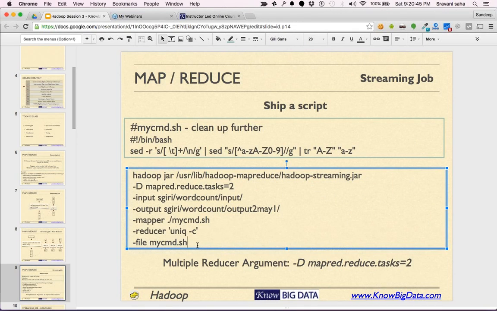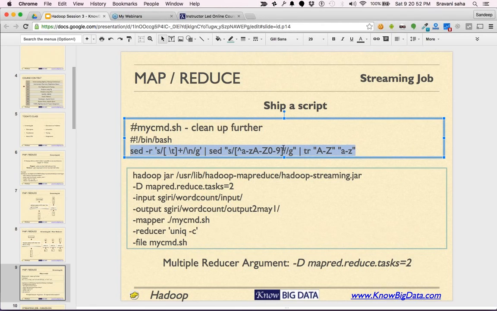Now what if you have a bigger command? Instead of a single command, let's say for example, whatever you have suggested earlier. Let's say we want to remove the special characters. Second, we want to convert the upper caps into lower caps.